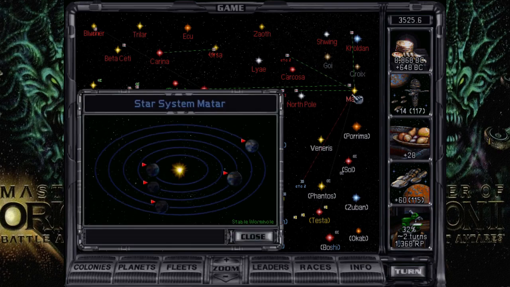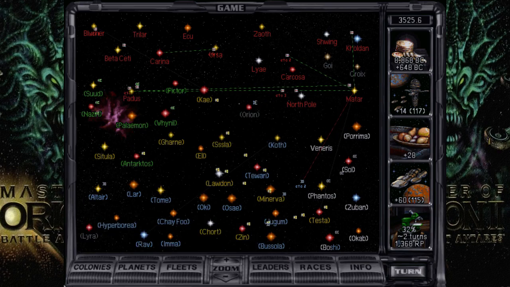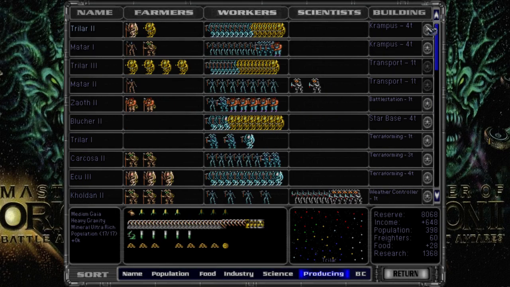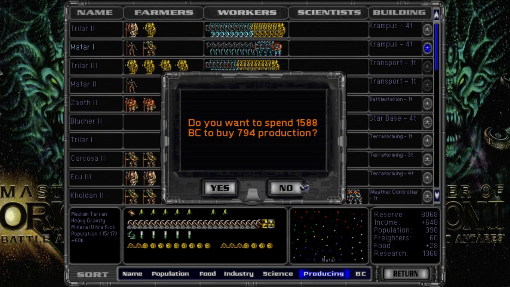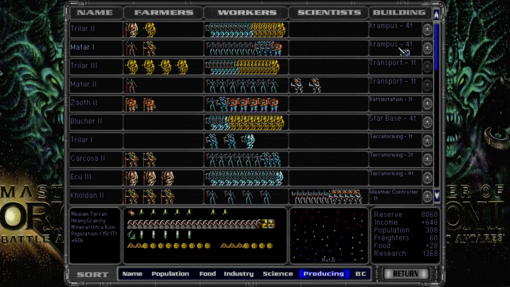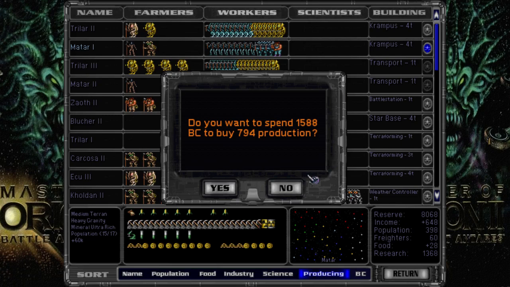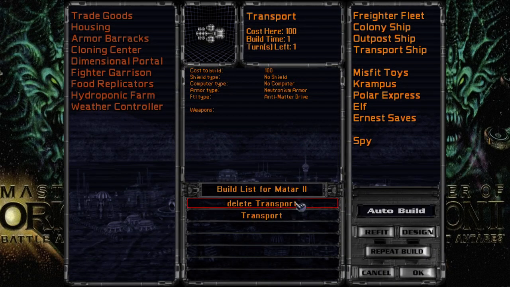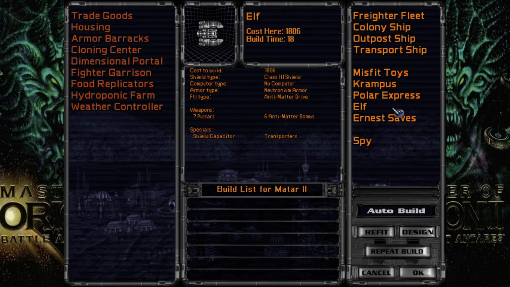Yeah, that's fine. I think what I'll do is I have 14 command points. Let's see how Matar is looking, and if I can rush build anything. Because if I can pop a Krampus out, which I can, it would absolutely have a bad day. And I think that may be my best move. Yeah, I'll wait a turn, let the price go down a little bit, and then rush buy it. And Matar 2, you will do a...